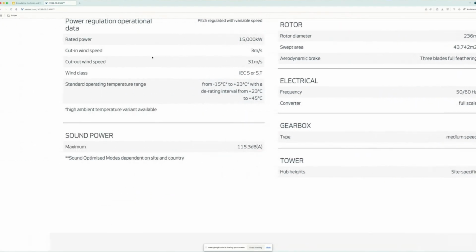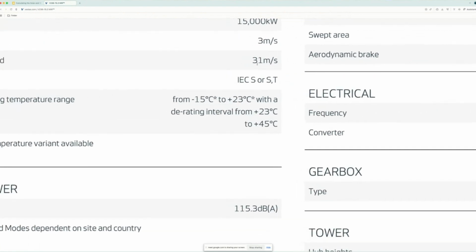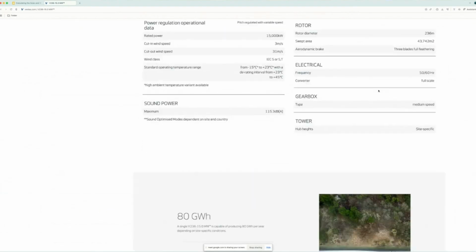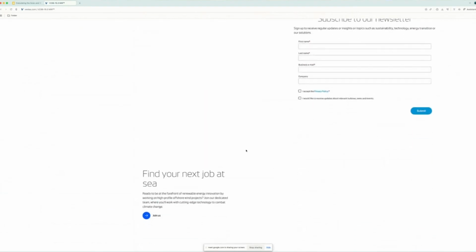And then its cut-in wind speed is 3, and then cut-out wind speed is 31 meters per second, which means when there is very strong wind, like a hurricane, the wind turbine cannot actually generate electricity at all. If it's too strong, it needs to stop. And then the last one